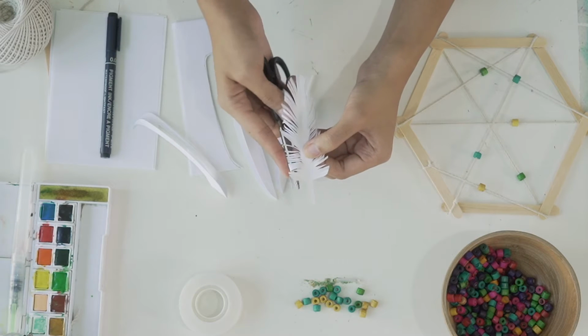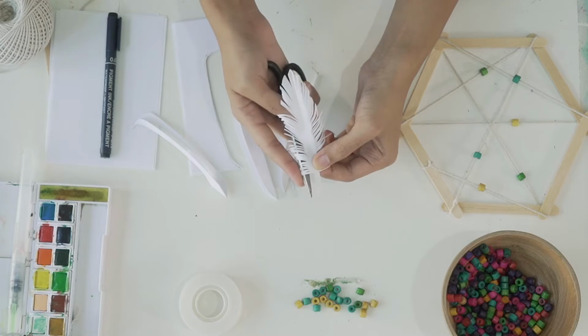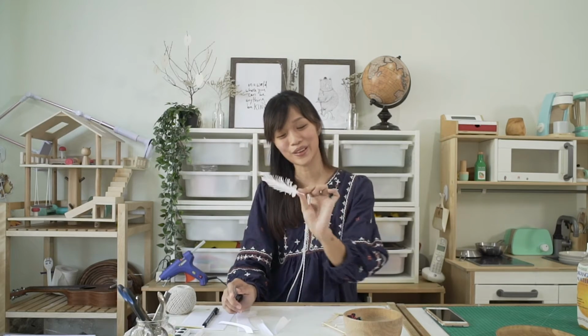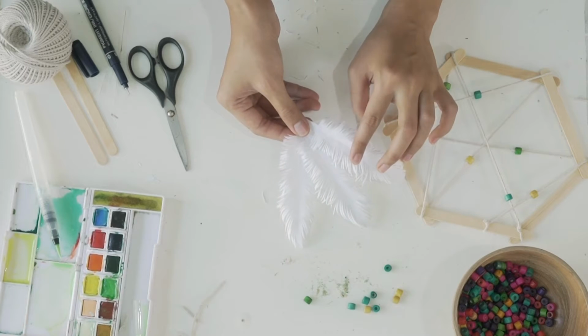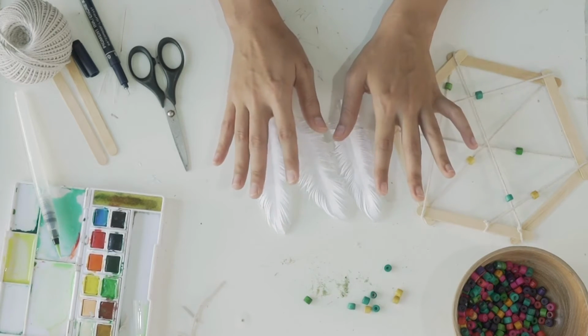And I like to do it with putting the scissors underneath the paper and just roll it out just like that. There you go, one feather is done. You're gonna want to do the same thing with the other 2. So once you get all 3 feathers cut out, you can just use them as is, or if you